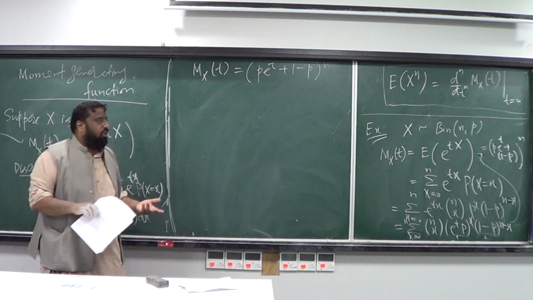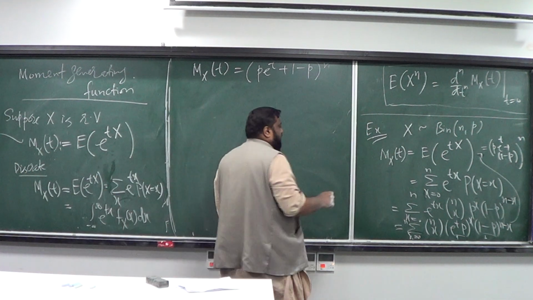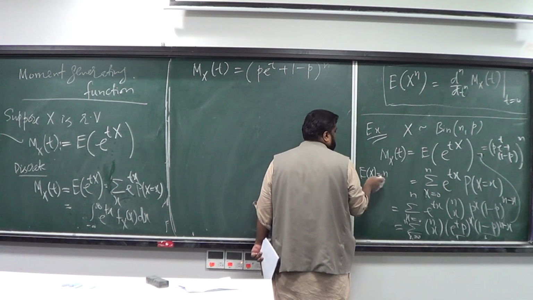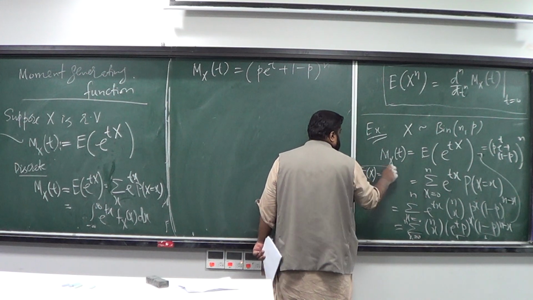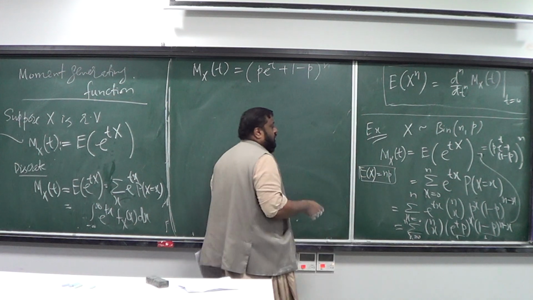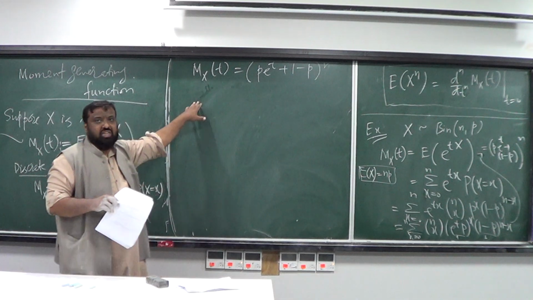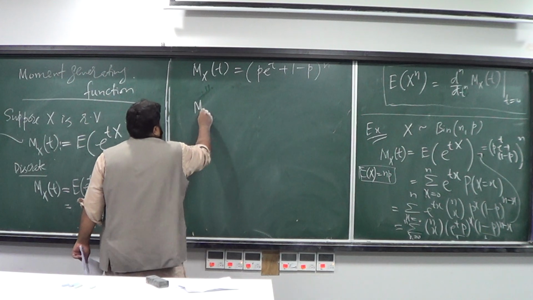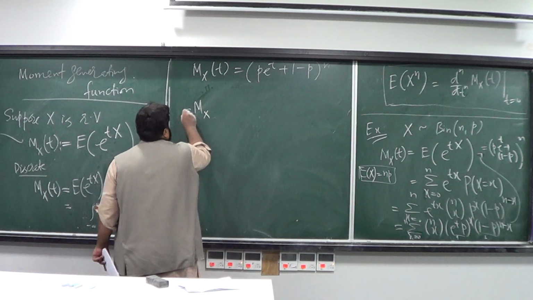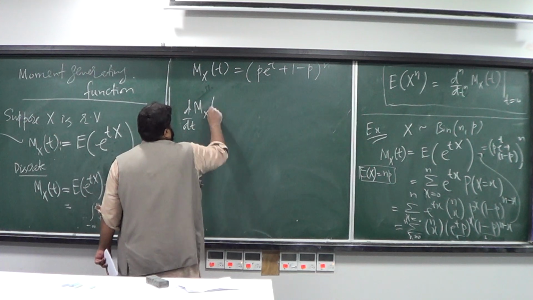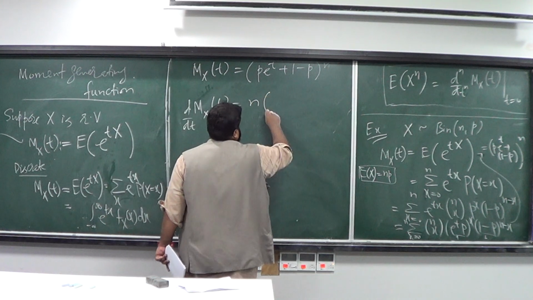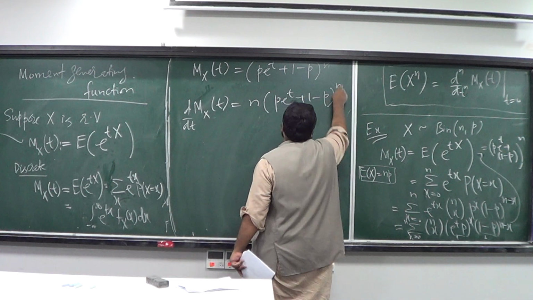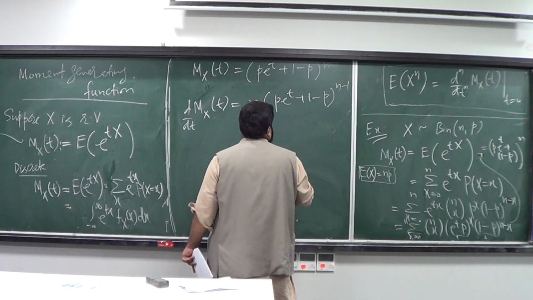So we know from our previous information that the expectation of X is np. So the question is, if we try to calculate the expectation through this moment generating function, are we going to get np? So we can get it. If you differentiate the moment generating function with respect to t, what are you going to get? You're going to get n times p e to the t plus 1 minus p, to the power n minus 1, times